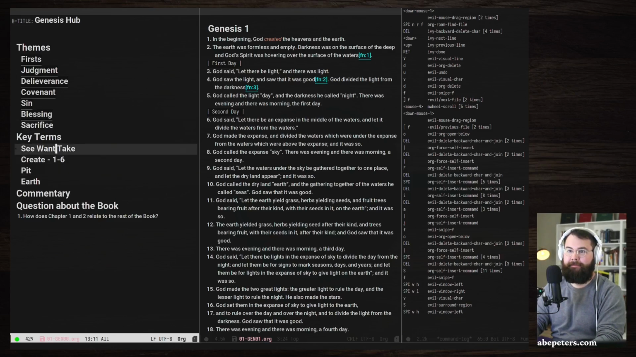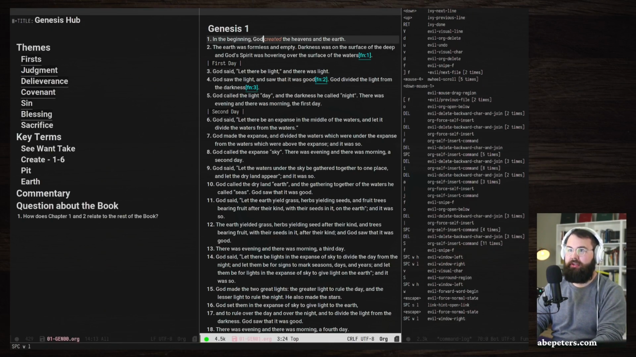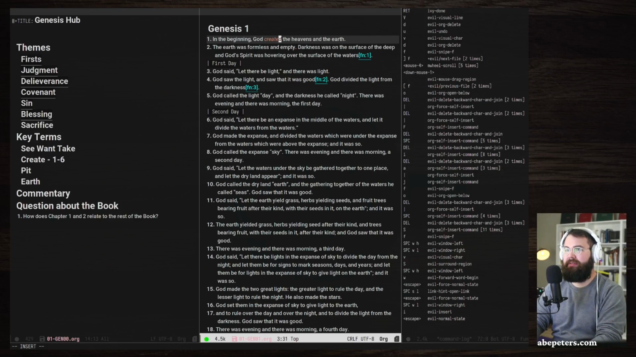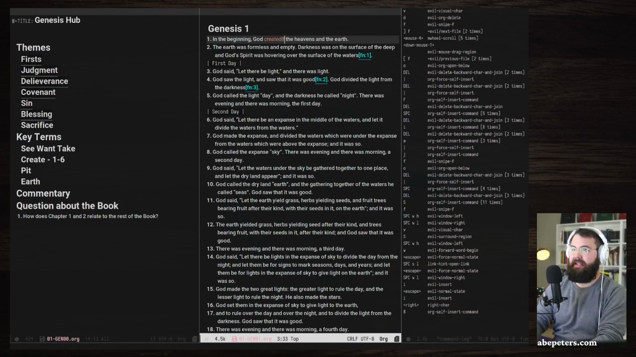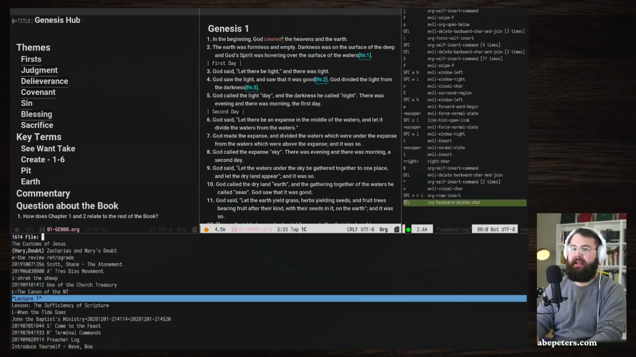of, did I have create? Yeah, I have create right there. It's a theme here. So what I would do is I would go to this and I would create, this is how I make notes inside my text, is I just have an asterisk and then,